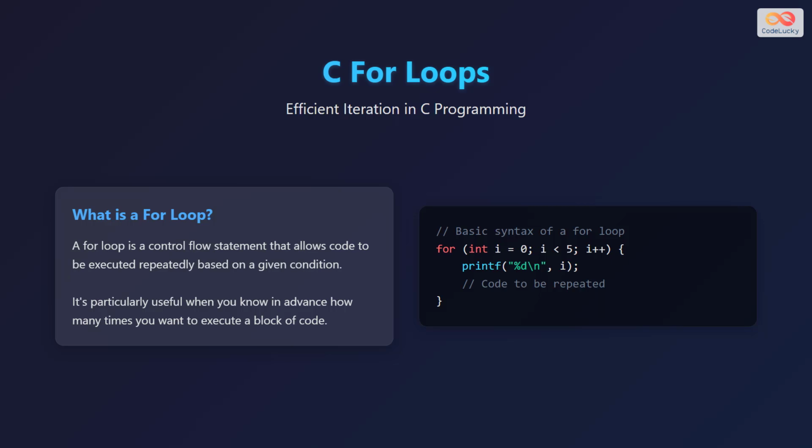for (int i = 0; i < 5; i++) { printf("%d\n", i); // code to be repeated }